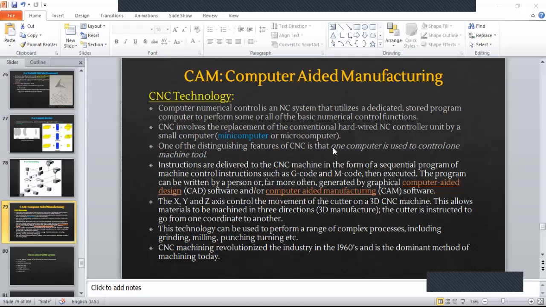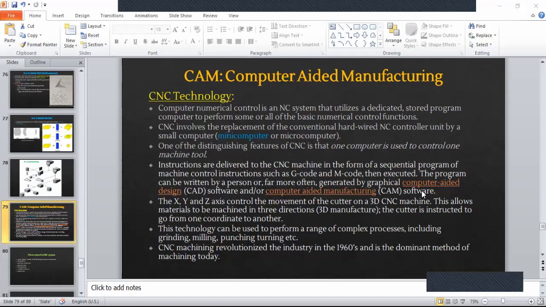So sequential, because we are trying to do it sequentially. Firstly the spindle should start and then it should move with so and so speed. The rotation we are specifying is rotations per minute, RPM, and then the feed, or if there is a coolant, you have to turn on the coolant. So that's a sequential program. The program can be written by a person or, far more often, generated by graphical computer-aided design software and or computer-aided manufacturing software.